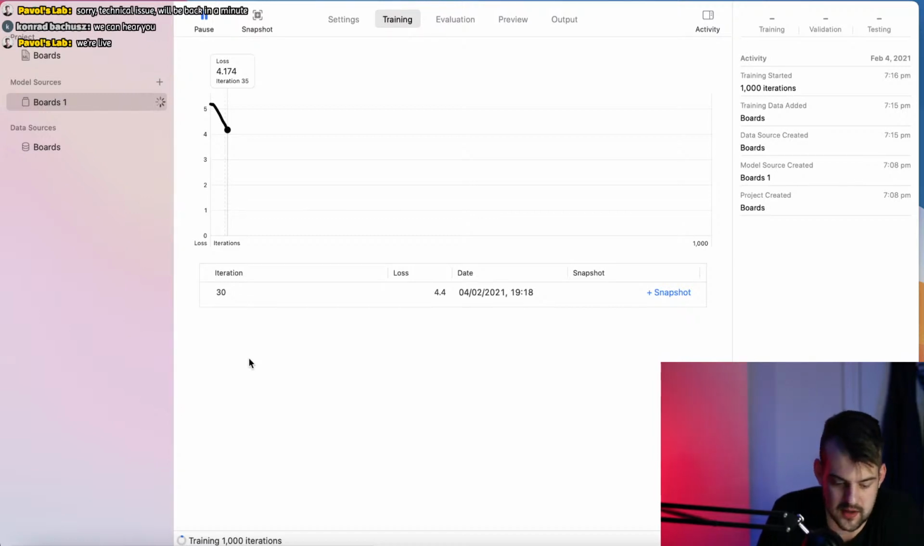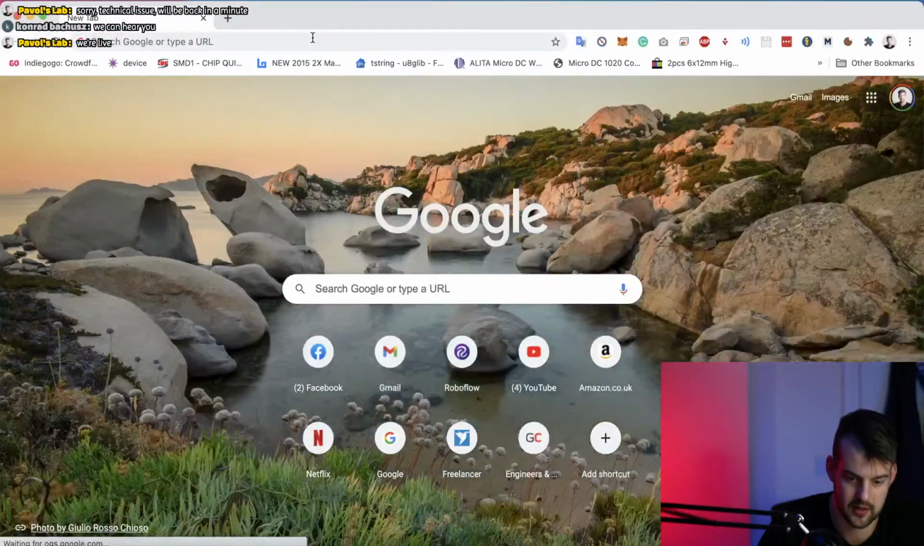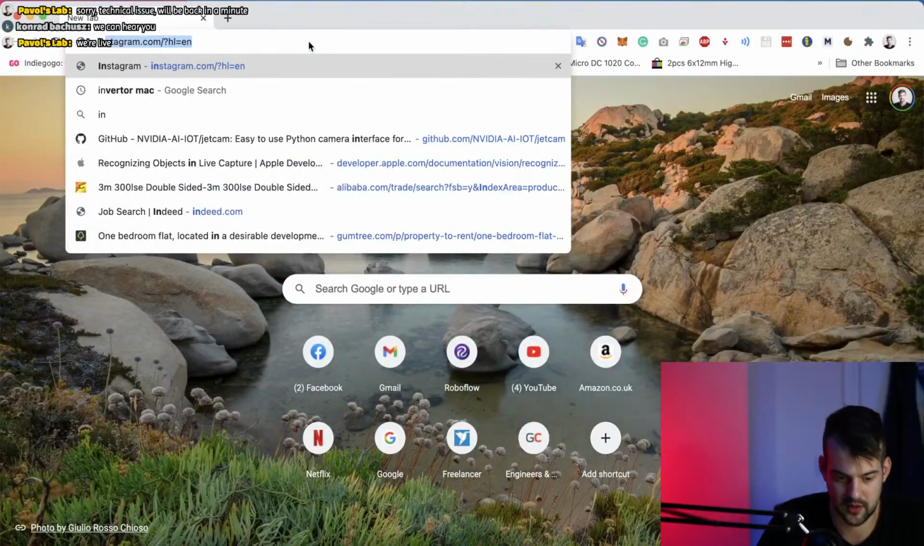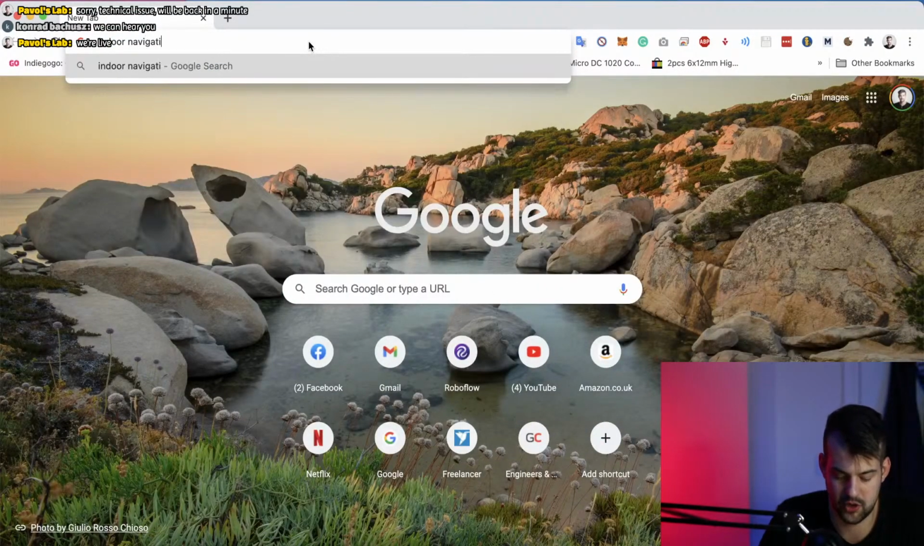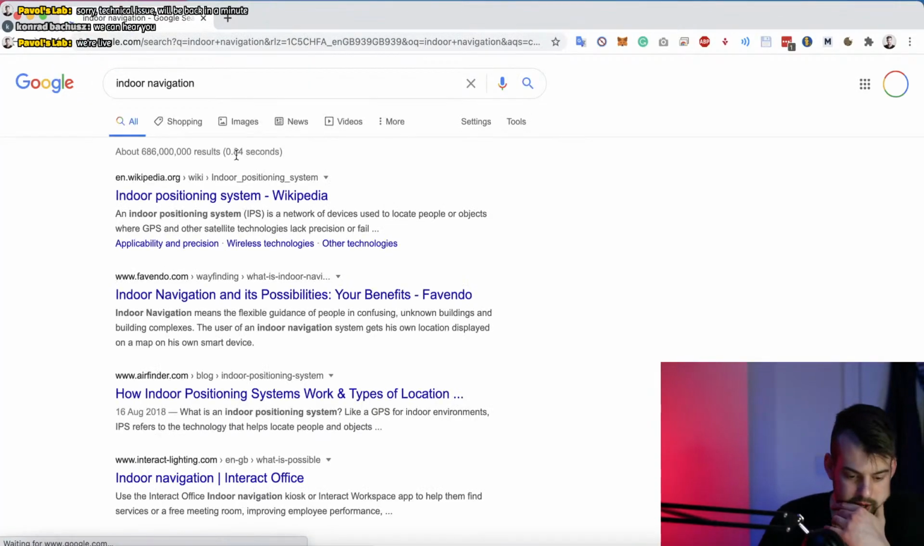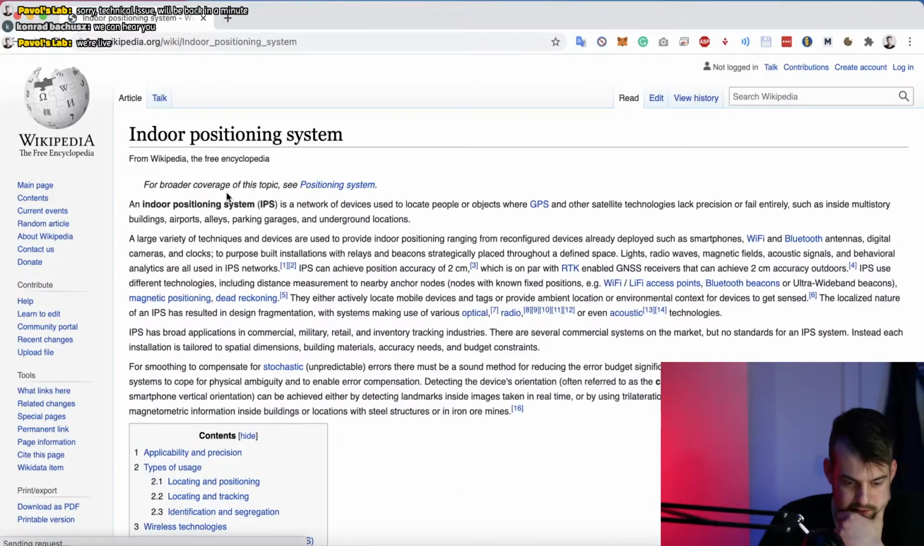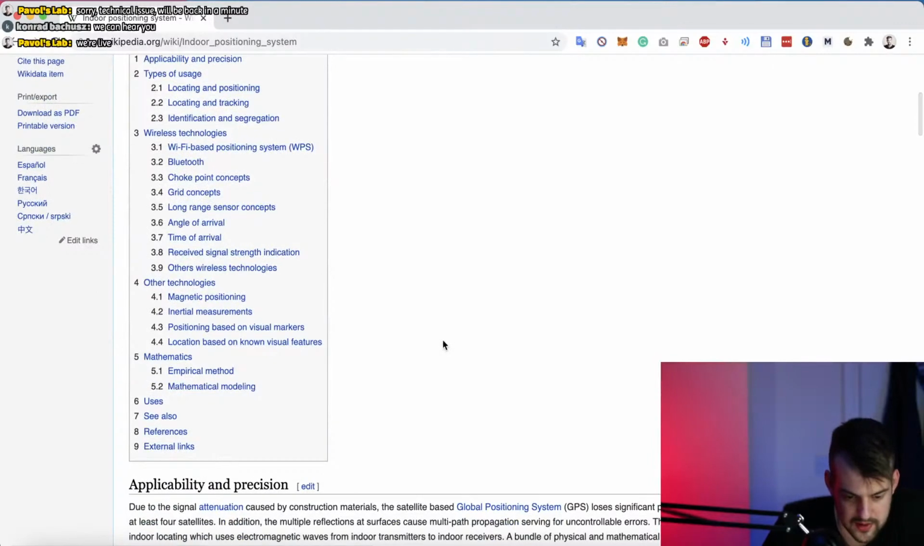I was thinking about indoor navigation, right? There are some solutions for indoor navigation, and let's just take a look. Indoor navigation. And if we take a look in here, there are